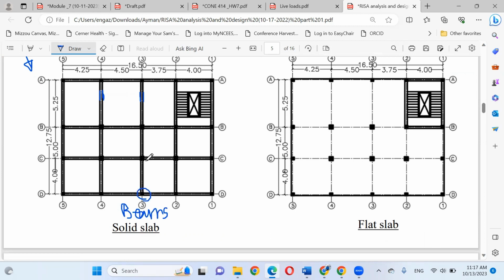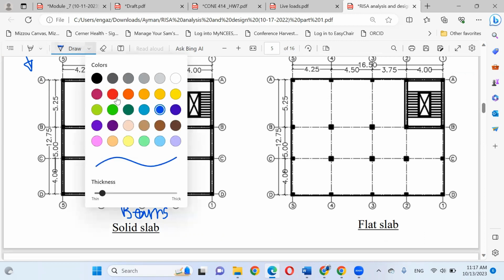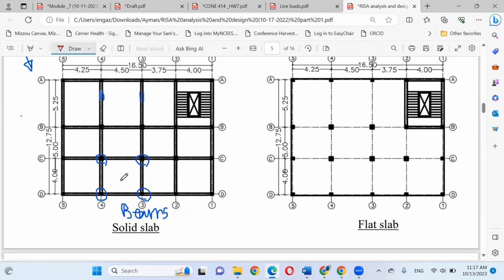We have beams between the columns. We have a column here, here, here, and here. In between these columns, based on the given drawing, I have a beam, I have a beam, I have a beam, I have a beam. So the beams in the floor plan are defined by two parallel lines.